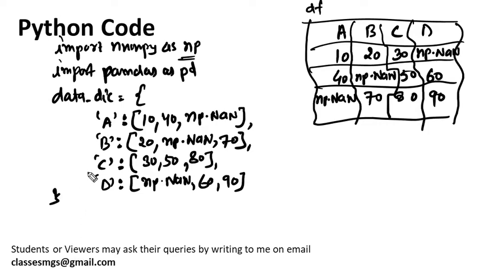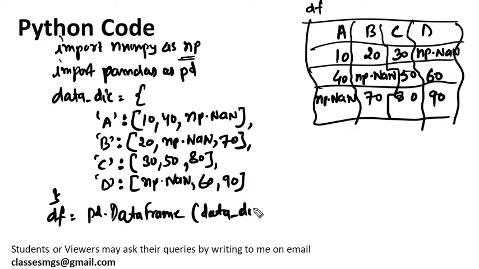This is the data frame, and now you can create it using df equals pd.DataFrame. Exactly, you should be using the capital D, pd.DataFrame, and then you pass this data dictionary directly. This way you can create this data frame. So the index will be 0, 1, 2 by default. You know this already. If you don't know, then you can watch my video on creation of data frames in the theory playlist on the channel.